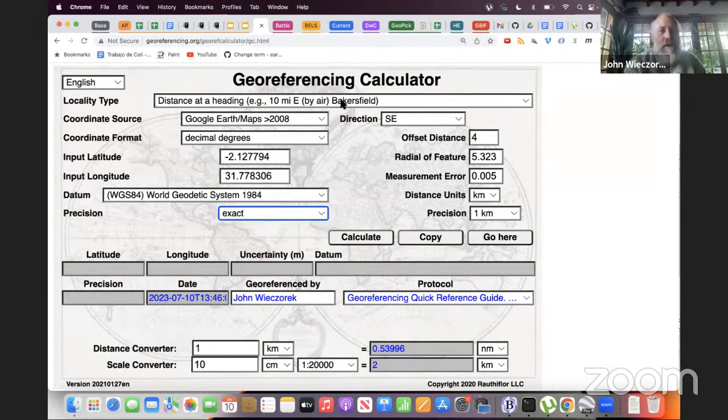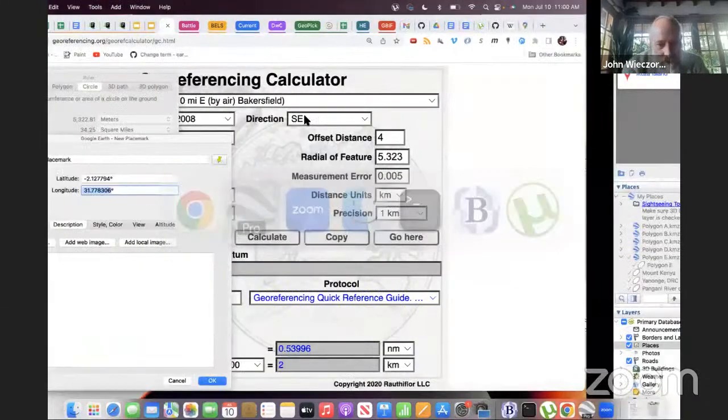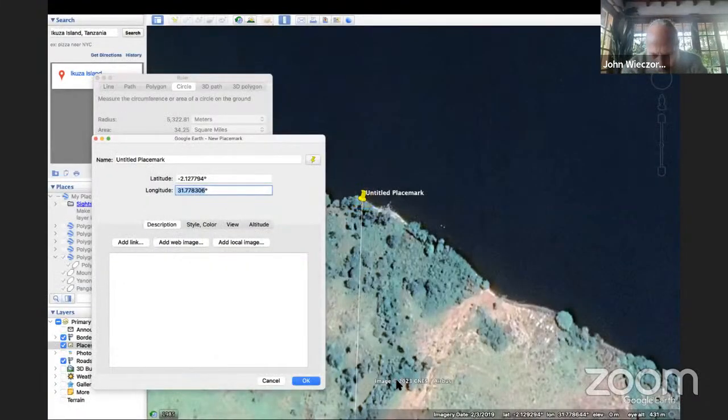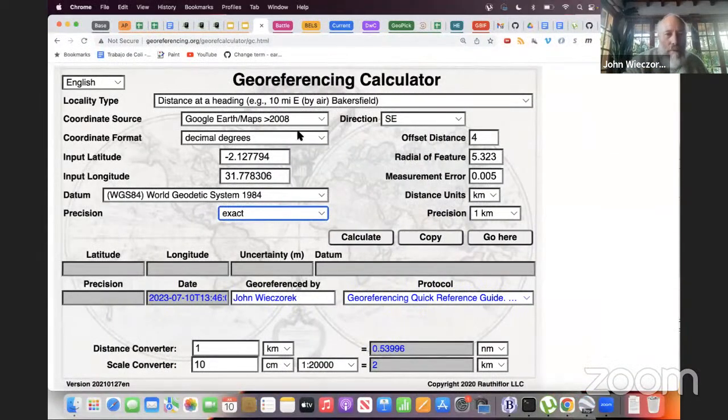I do a final check. Distance at a heading. Yes, it was 4 kilometers southeast of a thing. Google Earth is my source. It's from a layer. Let's check that. My map is actually from 2023. Good. So my map layer is greater than 2008. I'm in decimal degrees. Those are the values I copied from Google Earth, which is in WGS 84, exact precision,